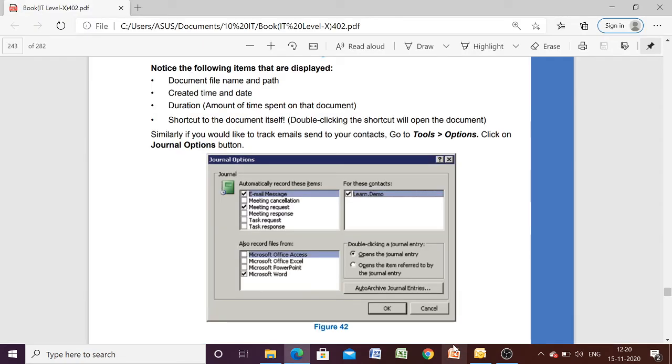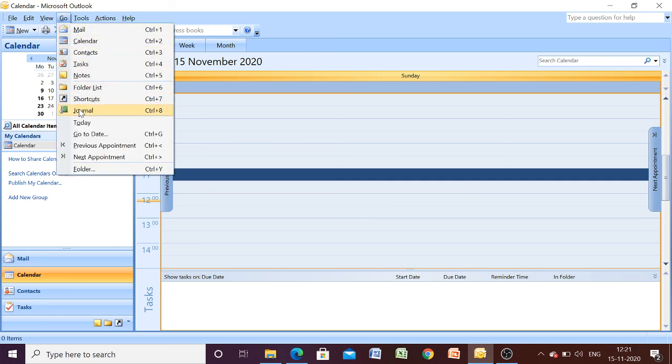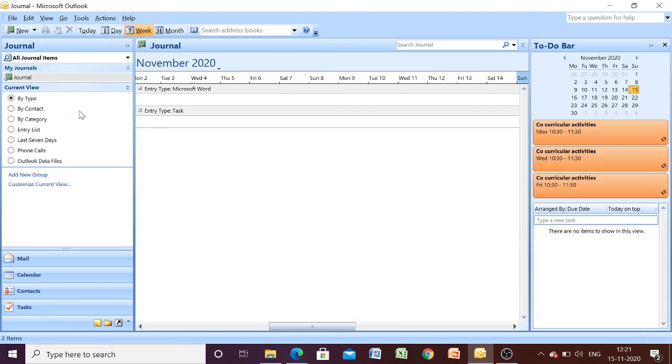So in this way we can keep track of our calendar. We can create our notes, tasks, journal entry, appointments. So just go to the journal, and here we have the entry type Microsoft Word.